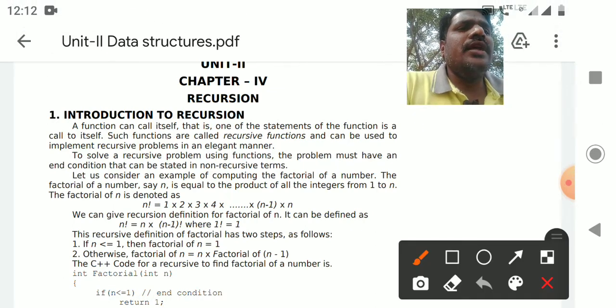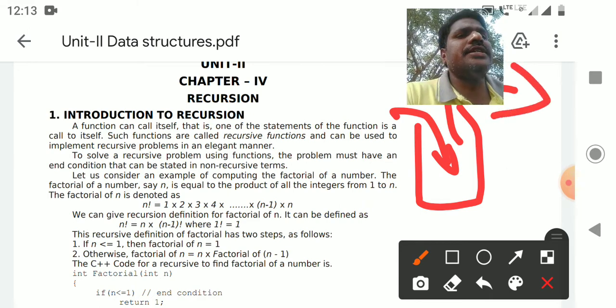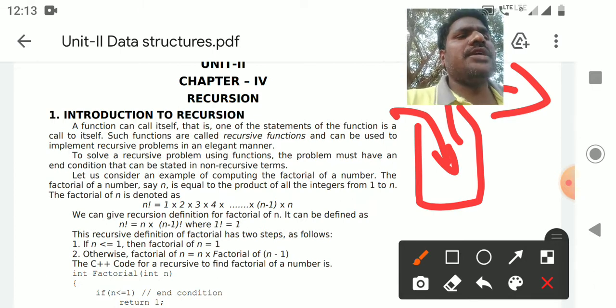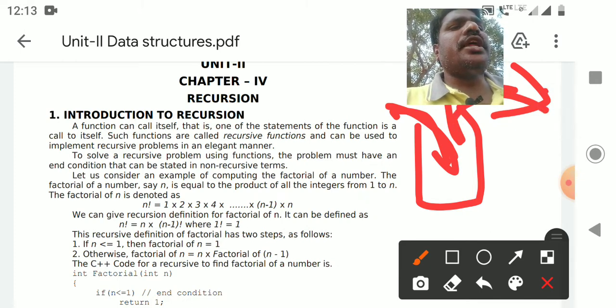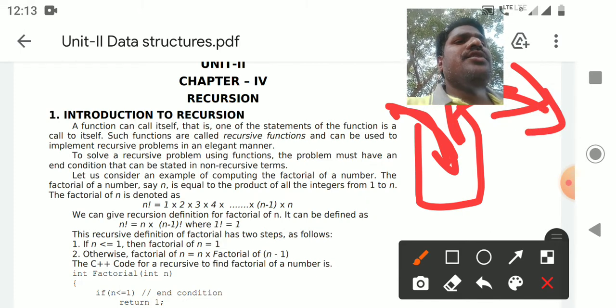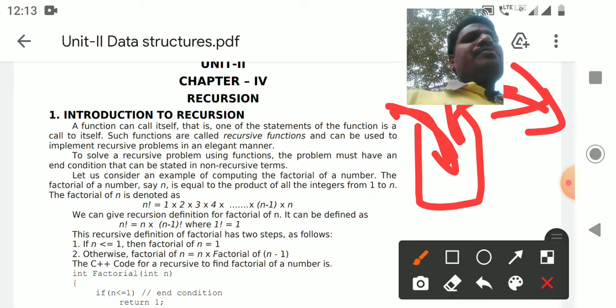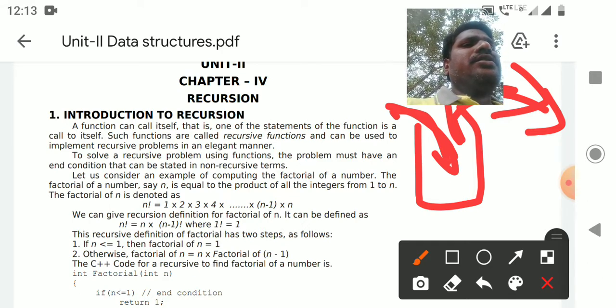Stack is a linear data structure in which elements can be inserted and removed from only one end. That end is called the top. Here we can perform the push operation and the pop operation. The push operation means inserting an element. Pop operation is removing an element from the stack. So we have discussed how to perform operations on the stack, and we have also discussed some logics and applications of the stack. One of the applications of the stack is recursion.